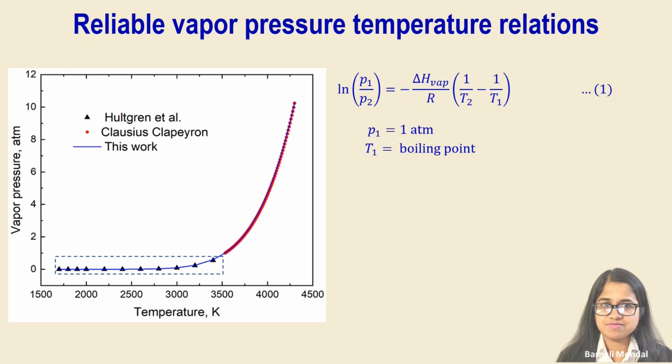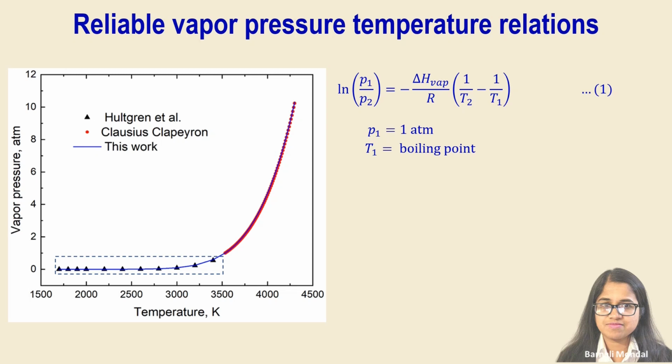Using the normal boiling point of silicon as T1 and its corresponding pressure of 1 atmosphere as P1, the vapor pressure at temperatures greater than the boiling point is calculated. The first red circle represents the boiling point of silicon and the last red circle corresponds to a vapor pressure of 10 atmosphere. This combined experimental and synthesized vapor pressure temperature data is then used in a genetic algorithm to